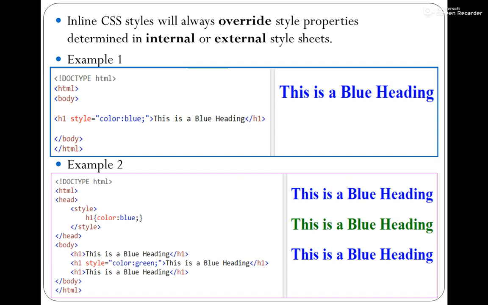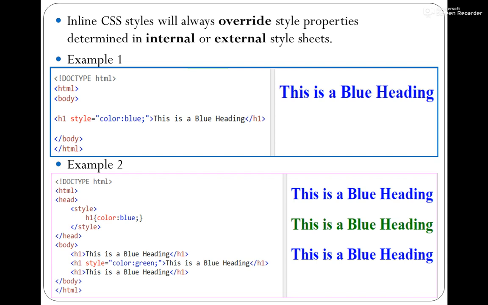So this is what the overriding means. H1 already had some styling applied in the internal CSS, but since I am using inline CSS for this particular tag, this inline CSS will get importance. It will get the highest priority, and accordingly that styling will be applied.